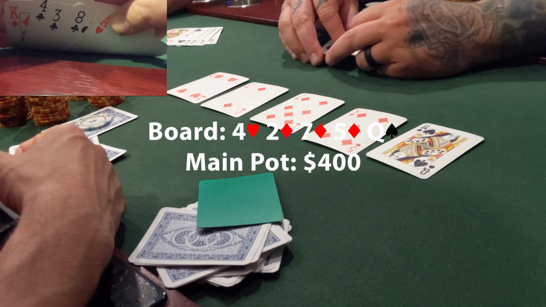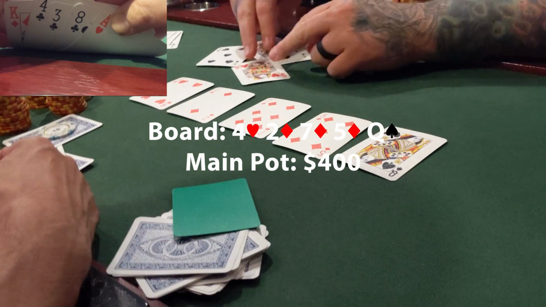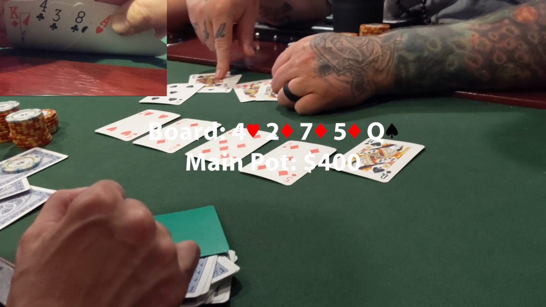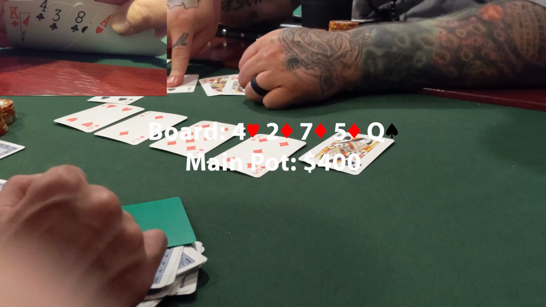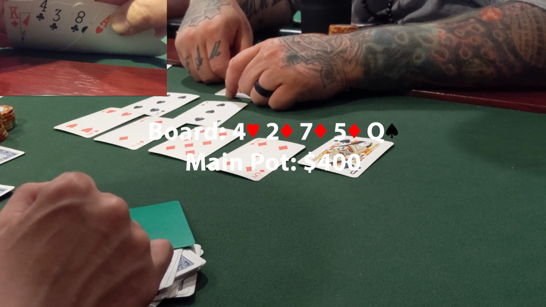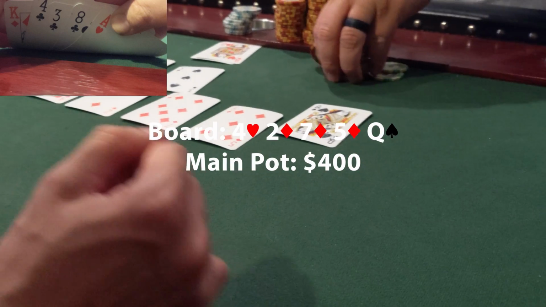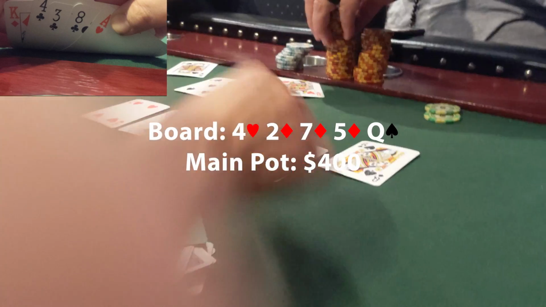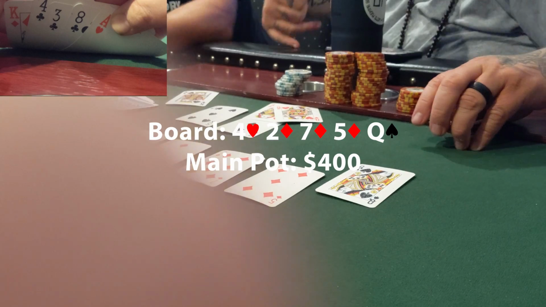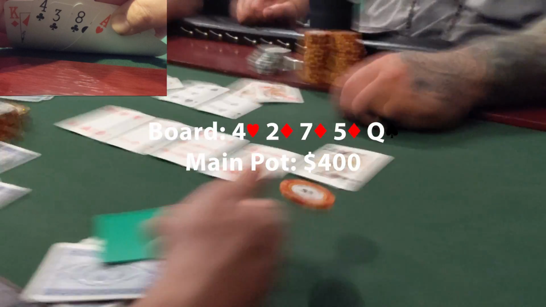Holding my breath, and I'm very excited to see that neither of them have me beat. Neither of them have the diamonds. One of them's got a set of queens and a middling low. So it's up to me and the other all in for the main pot. He looks really excited though, and sure enough, he turns over the nut diamonds for the flush. However, nobody is beating my low with the wheel, so I take half of the pot and double up to